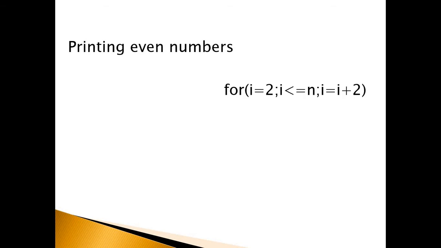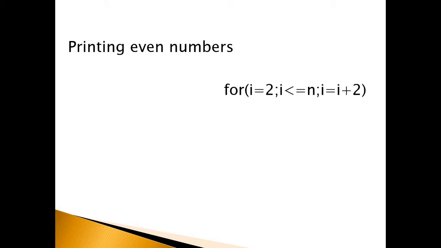We are using a for loop here. As we have discussed, the syntax of the for loop is as shown here. For i = 2, that is the initialization. Then we have the test condition, and then we have increment/decrement. So for this example, as the even numbers start from 2, the first value of i should be 2. It should be initialized to 2.